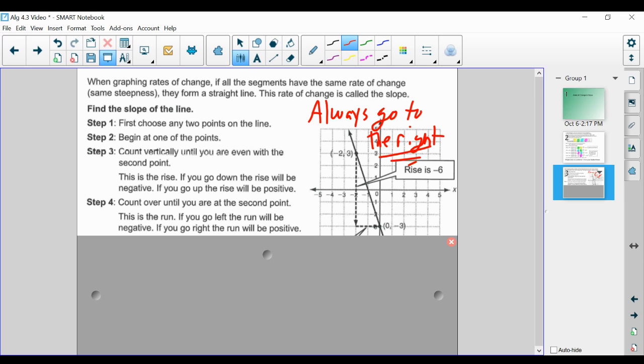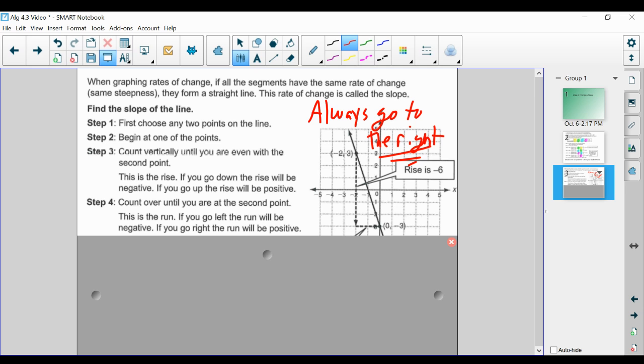So if we're going to the right every single time, it's going to be much easier for us to identify a positive and a negative slope. So please, whenever possible, always go to the right-hand side. That way we're going in the positive x direction. Sure, there may be some times where we have to go to the left, but 99% of the time, again, we're going to always go to the right-hand side. And we'll talk about those specific cases a little bit later, but you always want to go to the right